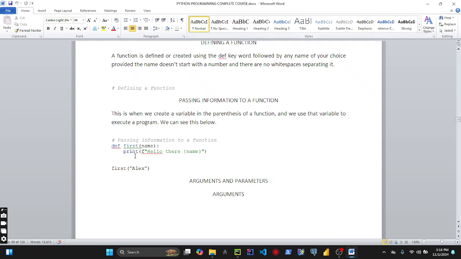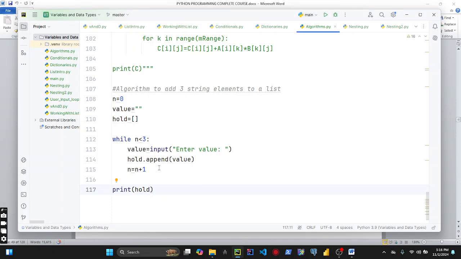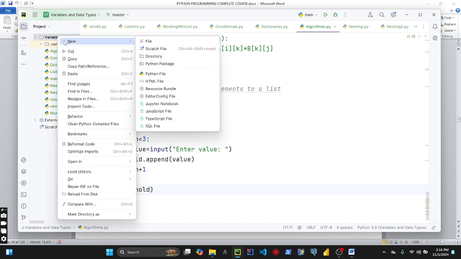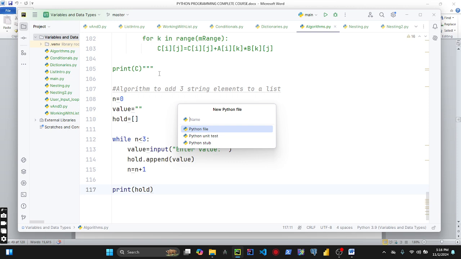Okay, so we're going to write this. So now the function I will write would not have a variable in the parenthesis. I will explain what we call variables written in the parenthesis of a function when you are creating that function. So open your PyCharm, come to the name of your folder, right click. I'm sure we know how to do this. So right click, click on new, come down here to Python file,